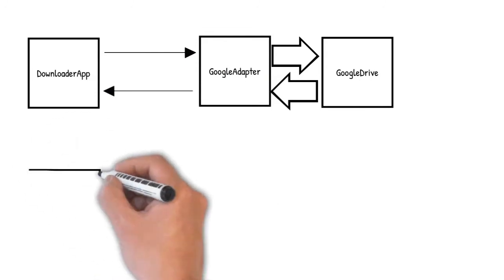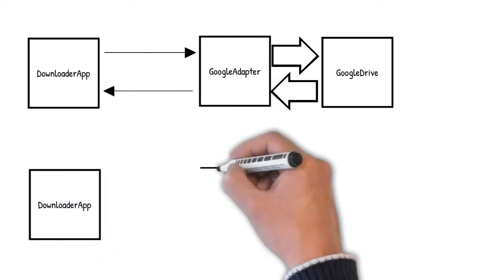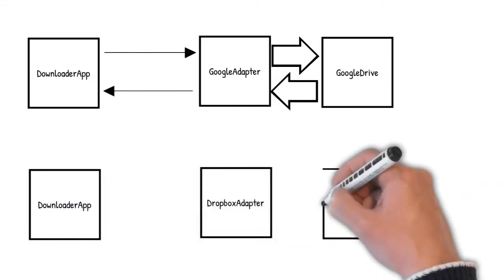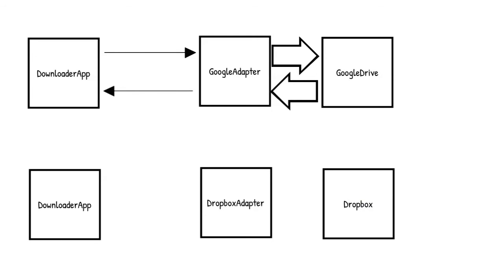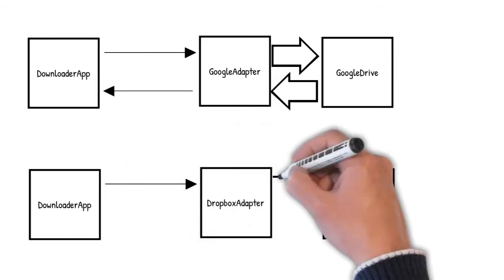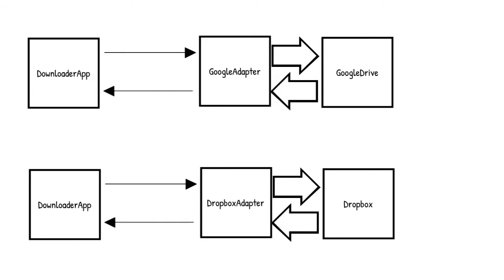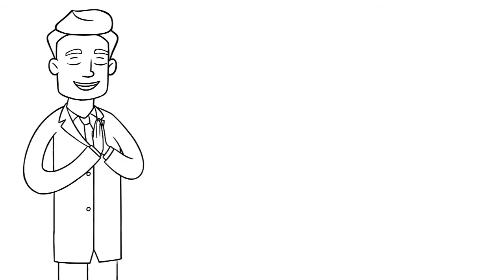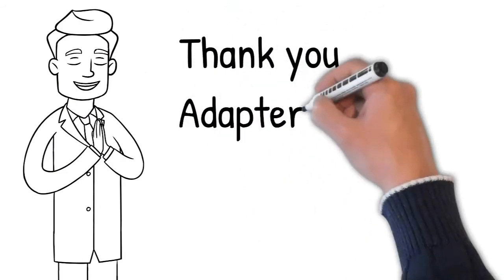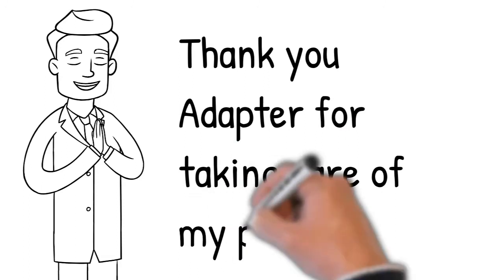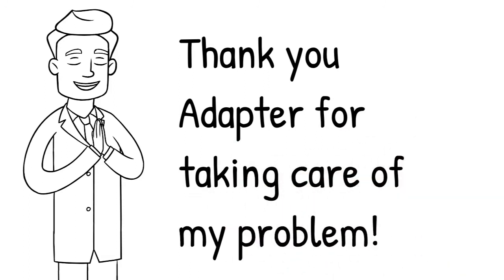In future, the way we have implemented GoogleAdapter, similarly, we can build a DropboxAdapter. The DropboxAdapter will have its own logic to download the file, but it will still be an adapter, converting inputs and outputs based on the consumer and the provider. Well, looks like the adapter is a lifesaver for both the incompatible parties. Pretty good, right?